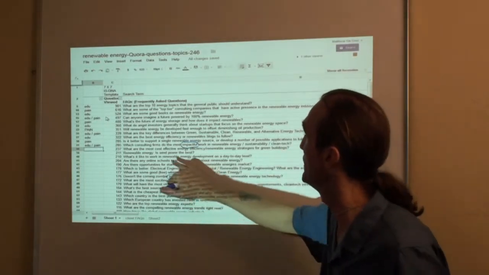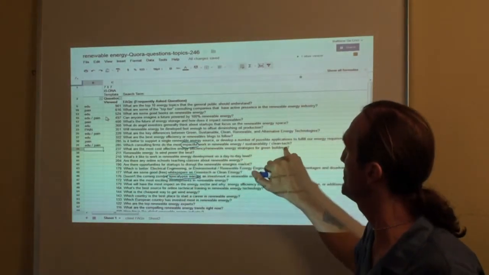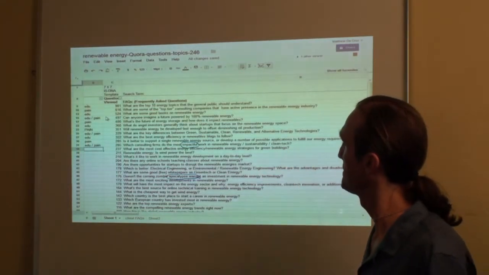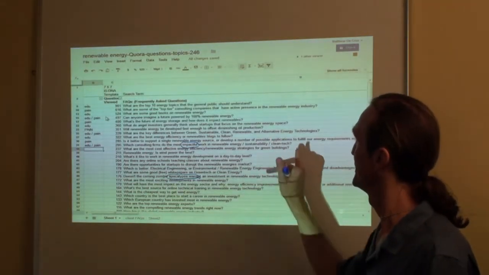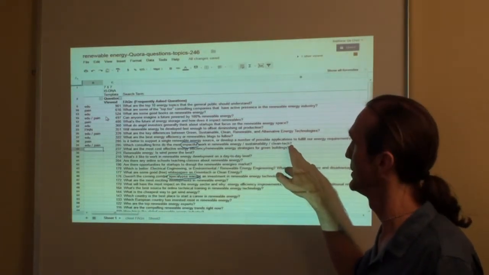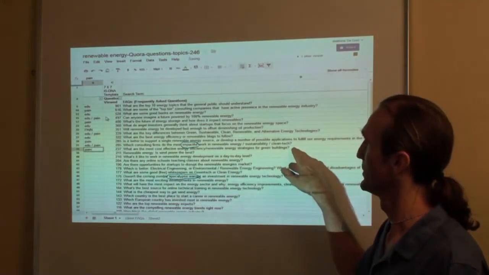Okay, so if you go down here, what are some of the most cost-effective renewable energy strategies? Did you say pain for that? I would say pain in the sense that it's addressing one of the major core components of cost. What is the question behind the question? You're right, and let's go into it. Cost-effective, and green buildings.